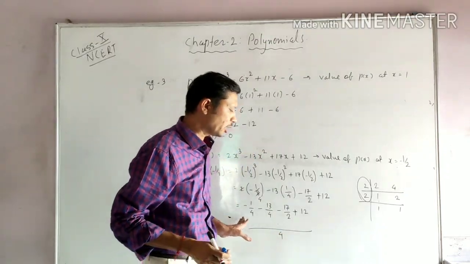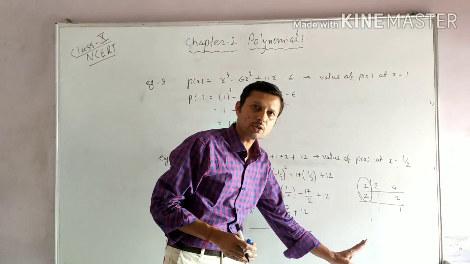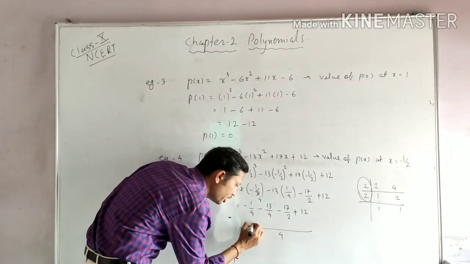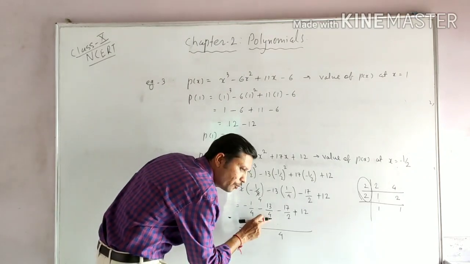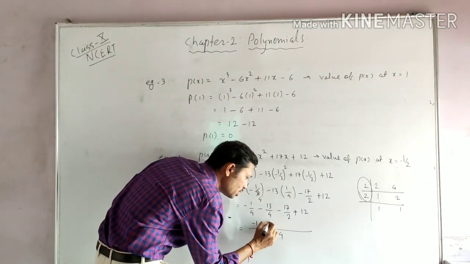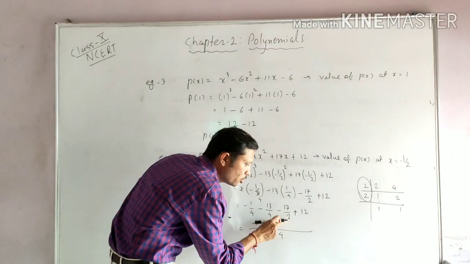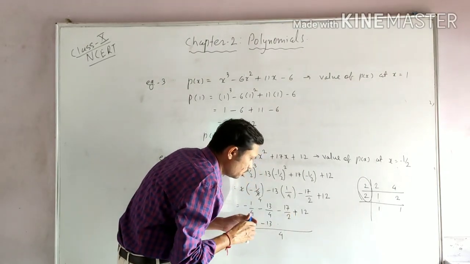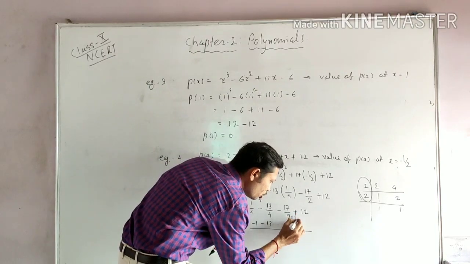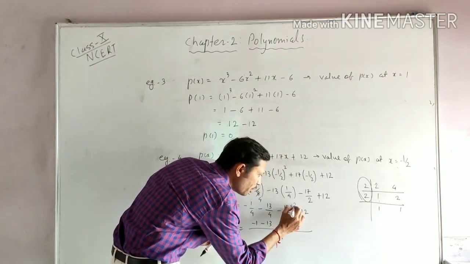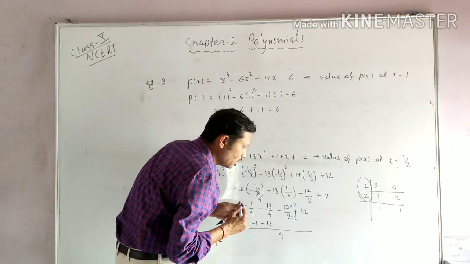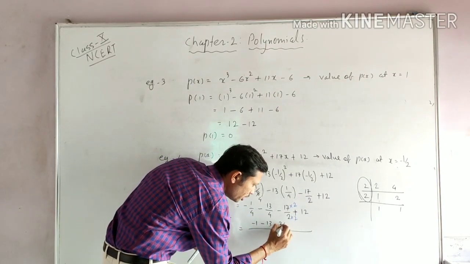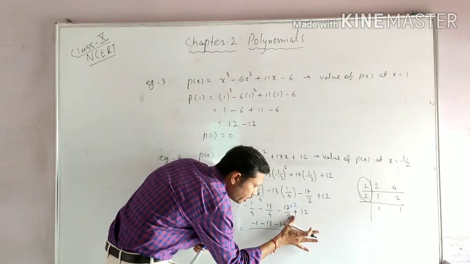That means we have taken the LCM of all these denominators, which is 4. So here 4 is already there, so the numerator remains unchanged. Here also 4 is already there, so the numerator is unchanged. Here 2 is there, so we multiply it by 2 to make it 4. That means we multiply the numerator here by 2 as well. So 17 twos are 34 and 2 twos are 4, which we already noted.